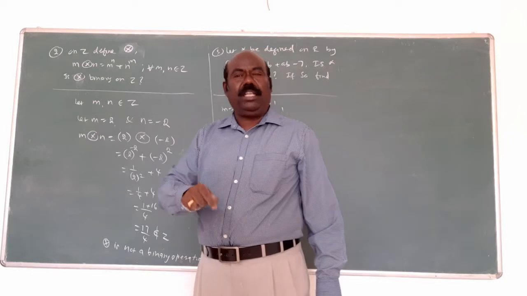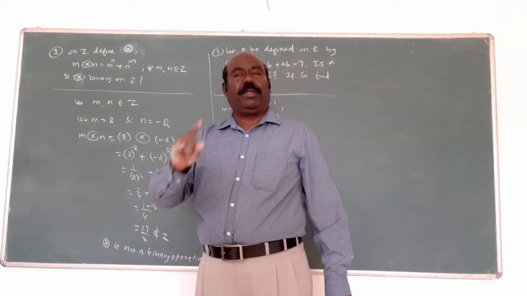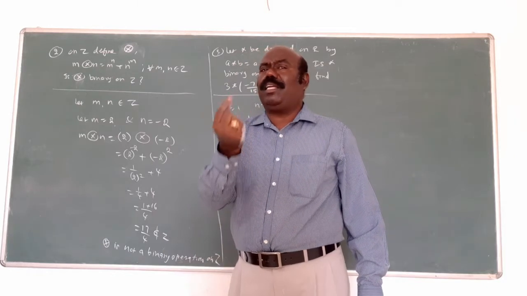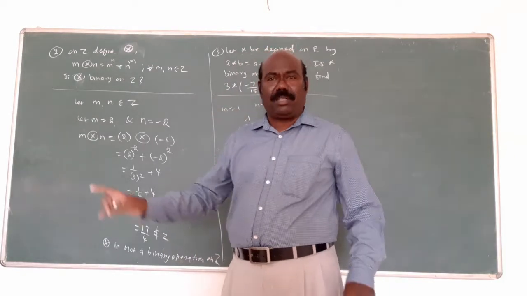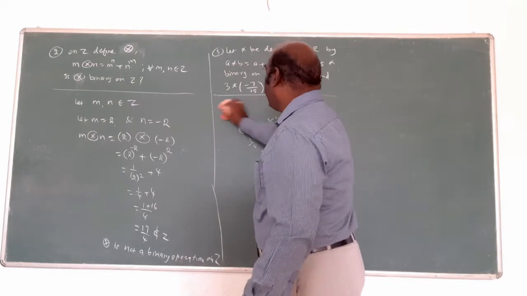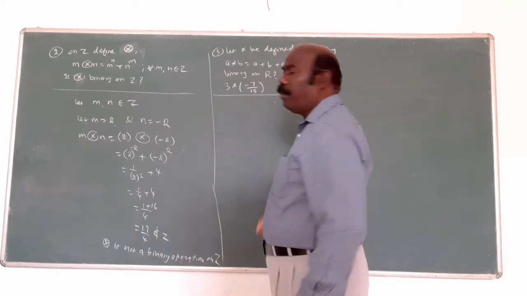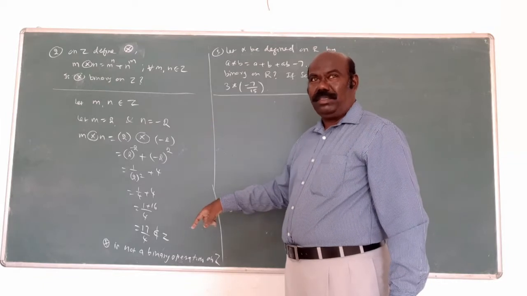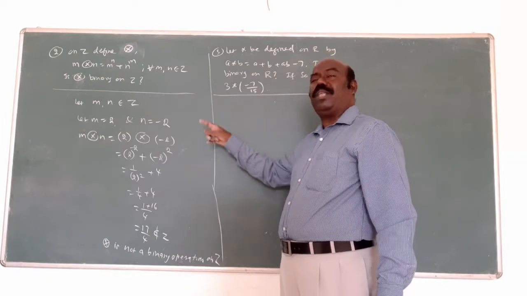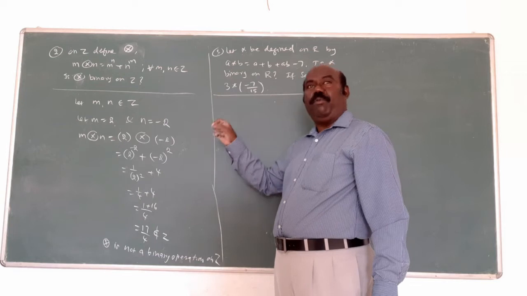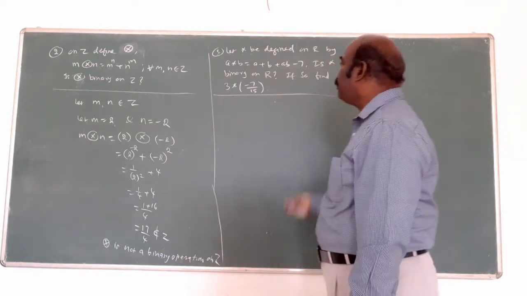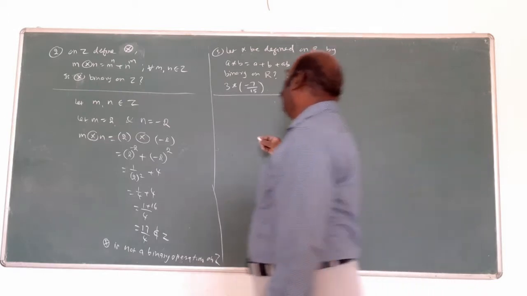If it is true, you must prove it for all the elements, all the numbers. If it is not true, at least you give one example showing it is not true. In this way, m equal to 1, n equal to minus 1 is true, but 2 and minus 1 not true. In general, if at least one element is not true, the whole thing is not true. That is the answer. Next one, the same thing only.